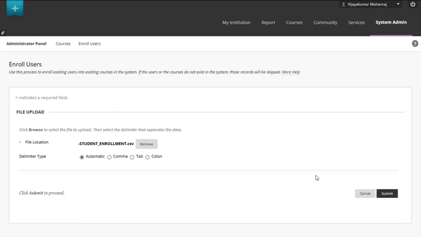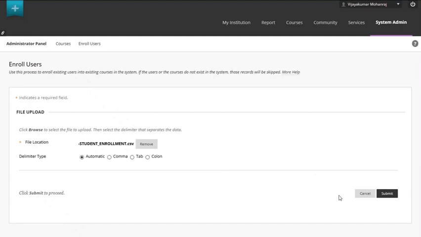This will be easy when we are enrolling for our entire college, because every college will have more than 2000 or 3000 users. If you enroll one by one, it will be tough for us. So we'll use the Excel file for enrolling more number of users.